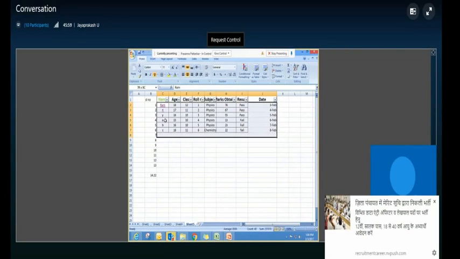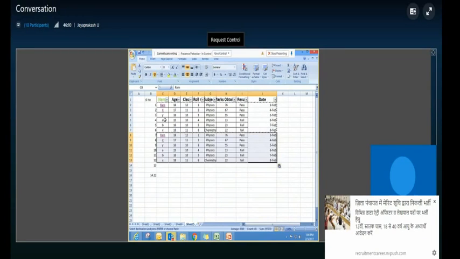So select everything. We'll see now how to add freezing also. As I explained, I will explain the freezing. So we'll see the freezing. Before that we will copy all the data,